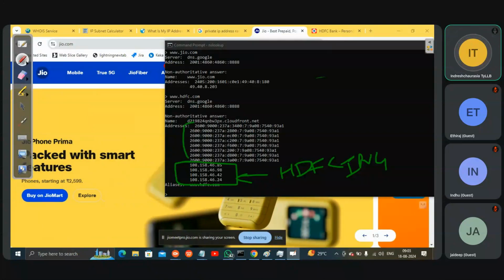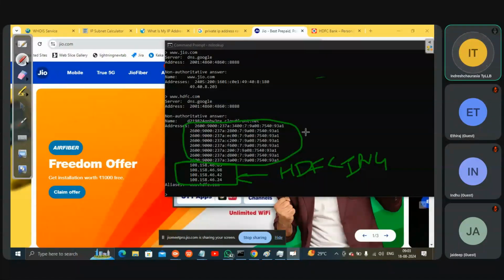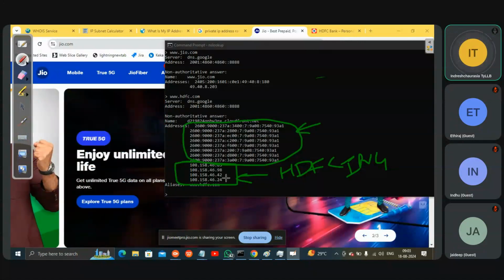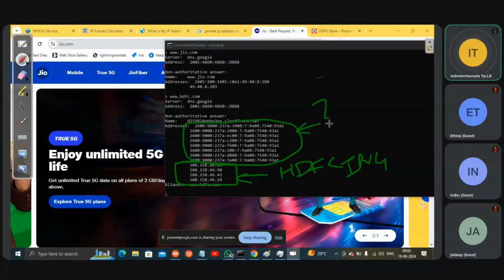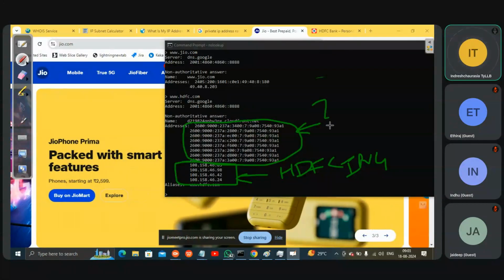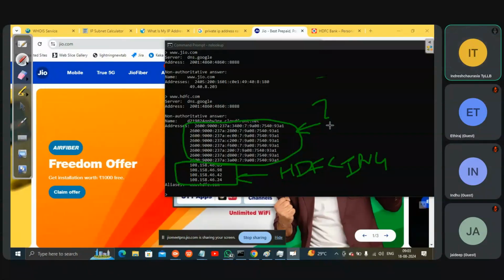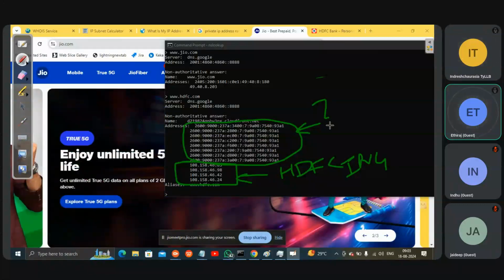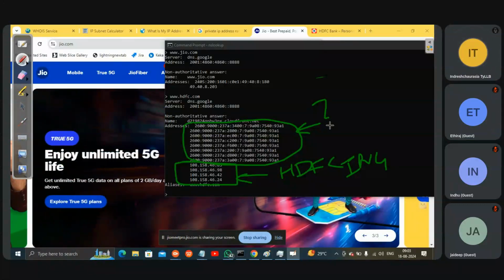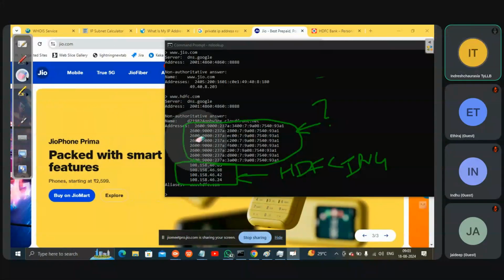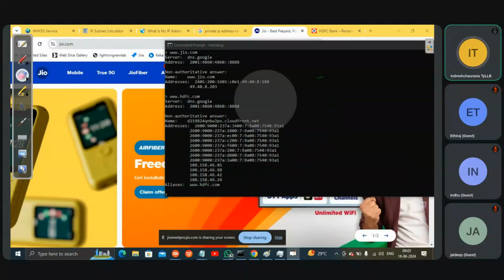And when you see this, what is this? Yeah, this is IPv6. We are going to study that in the next class. So this is how we are getting all this.